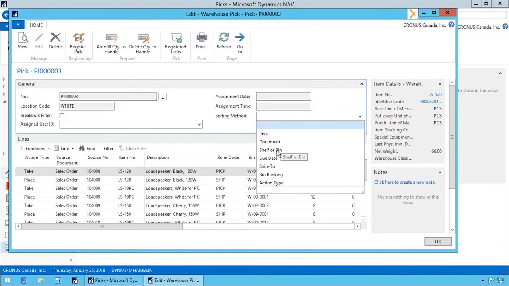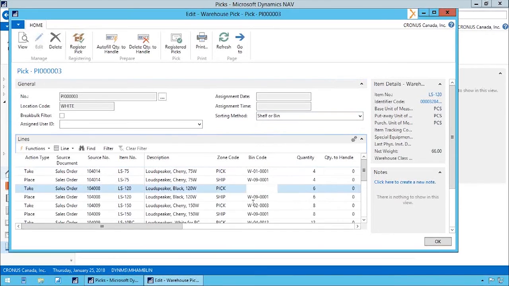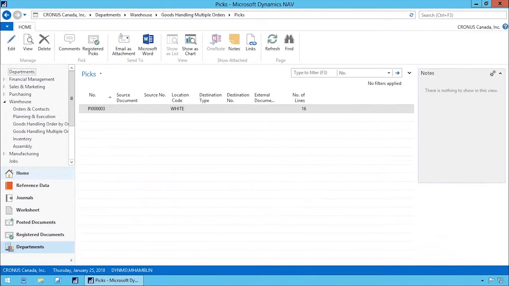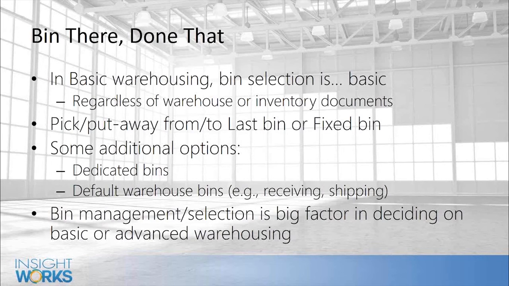So if I sort by shelf or bin, you'll notice that it's now sorted by, I've got W01, W02, W02, so on and so forth, all the way through. Okay, so it's sorting by my take bin, so that in theory, this would be my logical path through the warehouse, right? Okay. All right, so